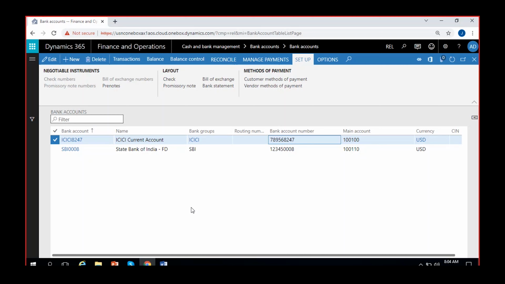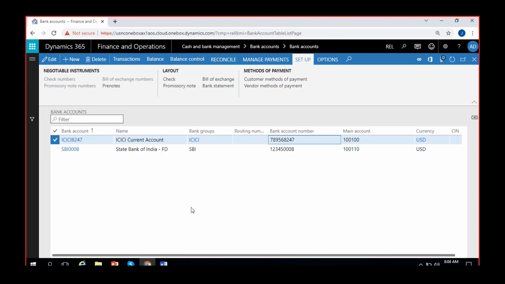Most of them don't use the check mechanism, I mean printing the checks from Dynamics; they'll print it in their own way. They have simple ways to print details on the check. They can rearrange it in a Word template, put the check in the printer and get the details printed on the check. So it's easy. But even in Dynamics we have this mechanism, which normally prints the details directly on the check